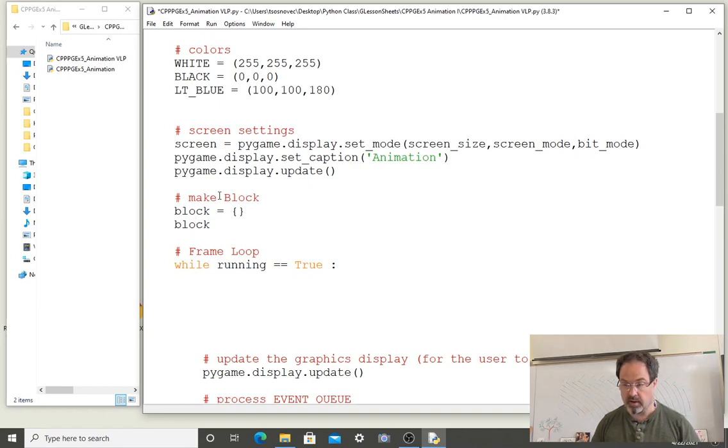We're going to call the dictionary blocks, and the block goes in the dictionary of blocks with a key of 0, and it will be equal to a call to the class block, and we need to send it a color. We've predefined colors white, black, and light blue. We're going to make this block light blue, which we'll use as the color of what we draw. Okay, now that we have a block created